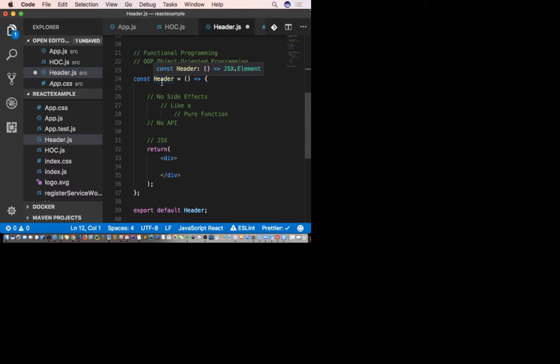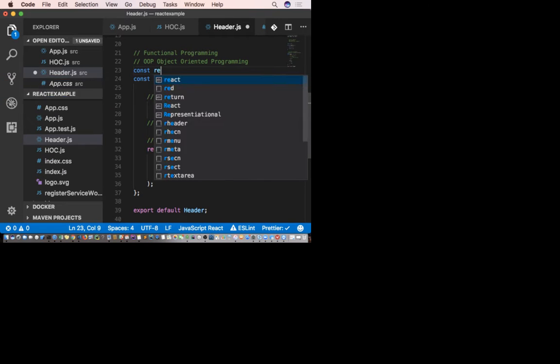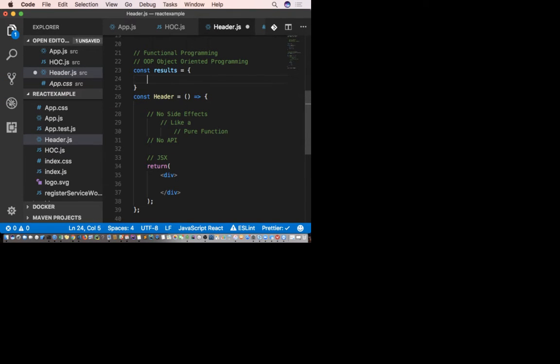Which means, if you have a functional component and you have a global variable, do you think you should use it inside your functional component? No, because it's outside of the scope of this function. And what is considered a side effect as well?